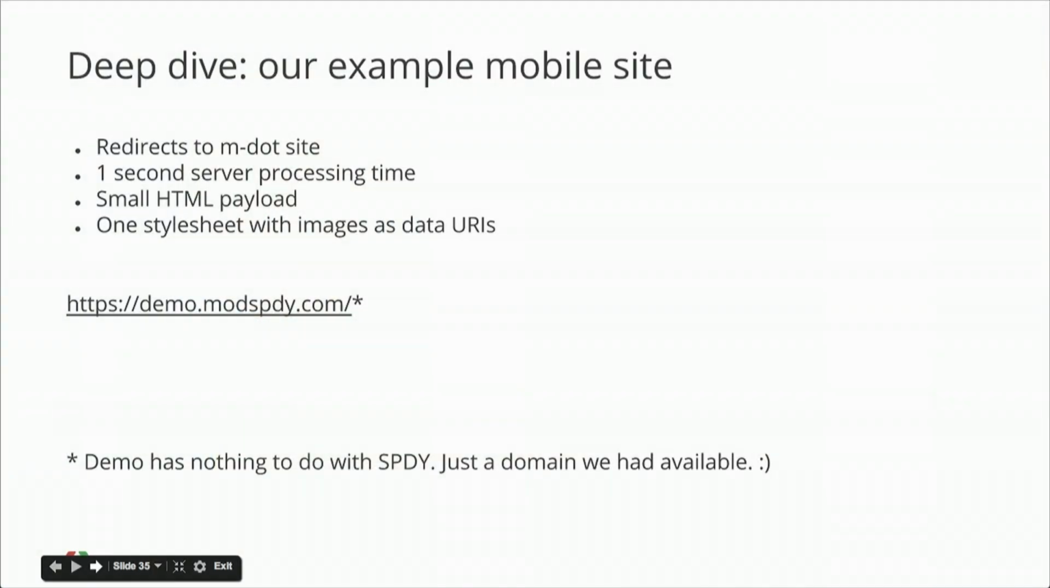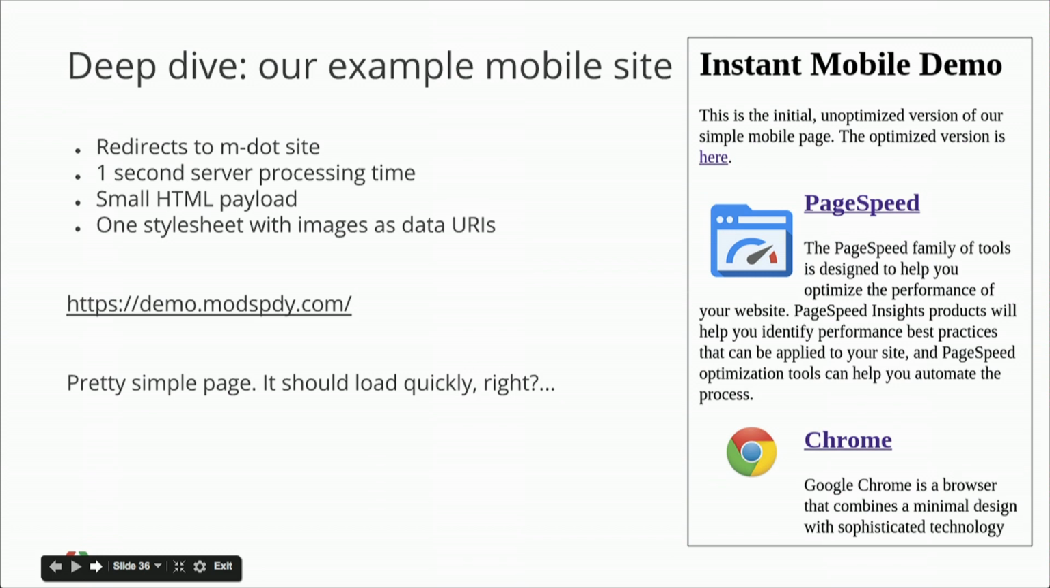It's a simple mobile page. It has characteristics of standard mobile websites. It redirects to an m.dot site. It has a little bit of server processing time. It's reasonably small, and it has just one style sheet in the head with some data URIs. The page looks like this on the right. And it's a simple page, right? We would expect a page like this to load quickly. We would hope anyway, right? It turns out,